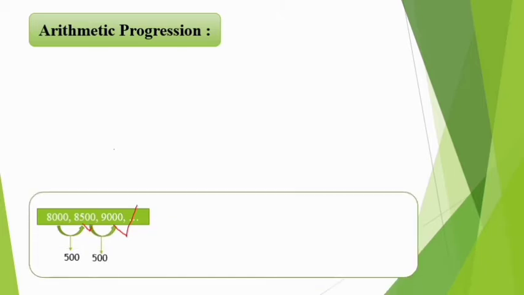Okay. In this way we get a sequence of Reena's salary of first year, second year and third year and so on. In this sequence we observe that the difference between two consecutive terms is constant. Means if we take the difference between the consecutive terms 8,000 and 8,500, then the difference is 500. Again we see that for the next two consecutive terms 8,500 and 9,000, the difference between them is